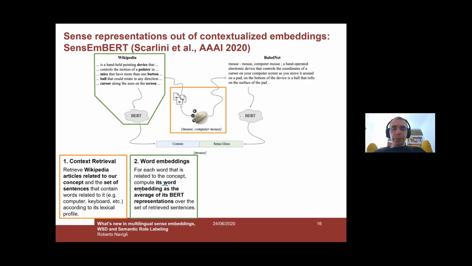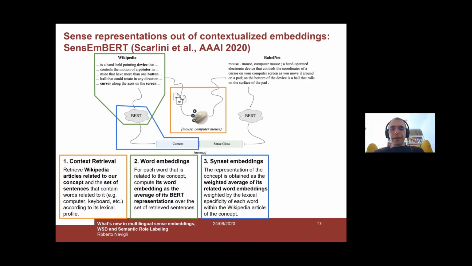But we create a word embedding as an average of contextualized embeddings from BERT, of the context of the word in context in the various sentences in which it occurs. Like, for example, here you have device, and that's a word that is related to mouse. And so we take all the occurrences of device and we create a word embedding as an average of the contextualized word embeddings therein. And then we can create a synset embedding by